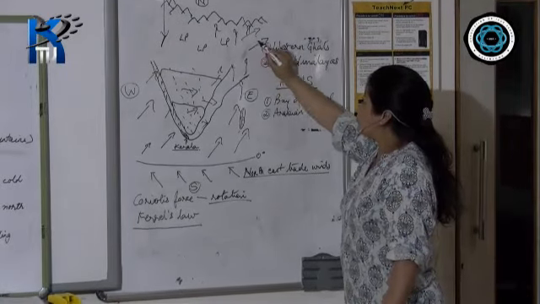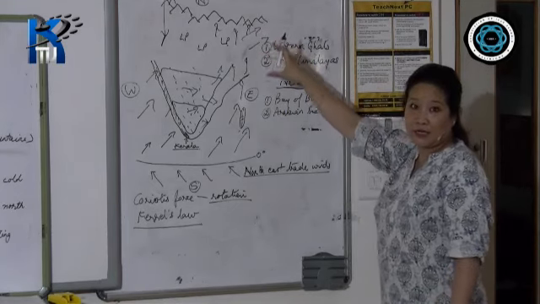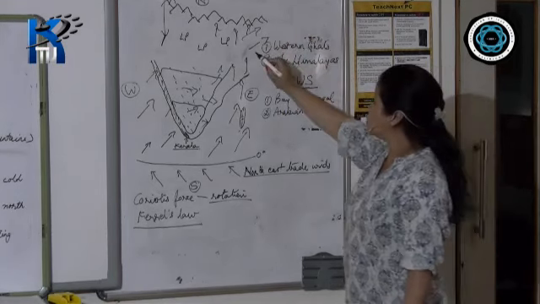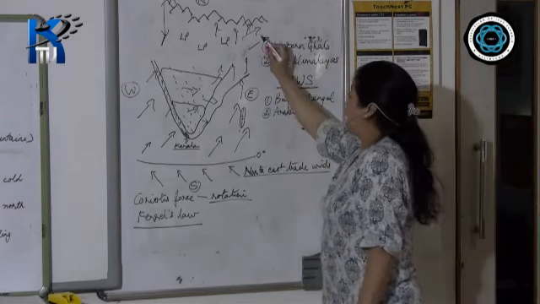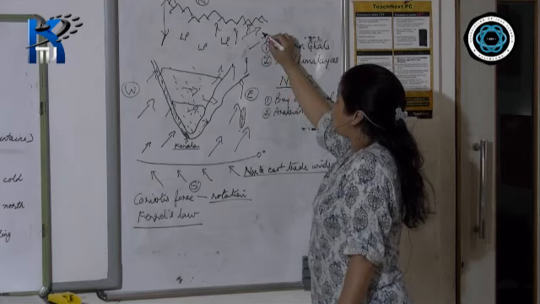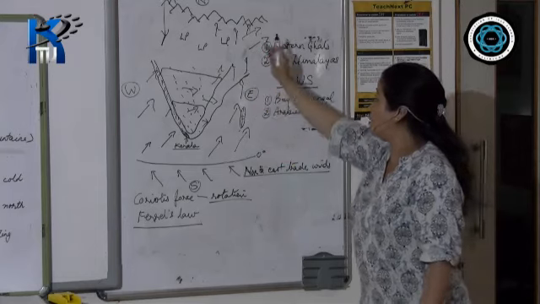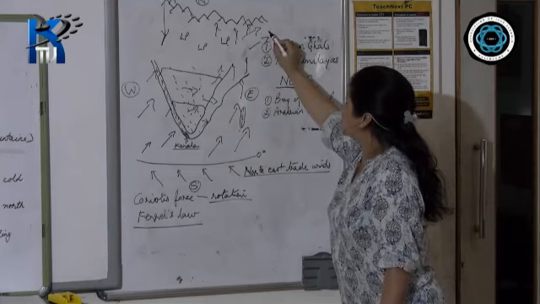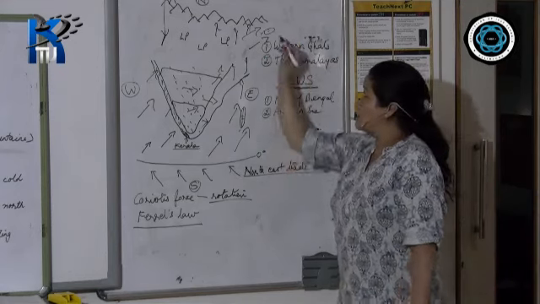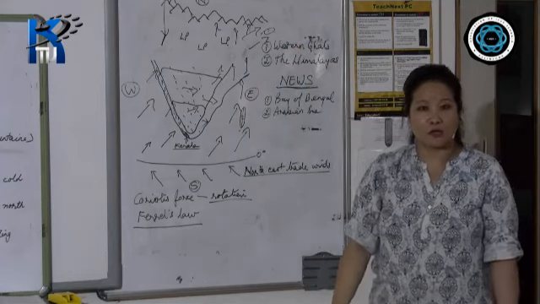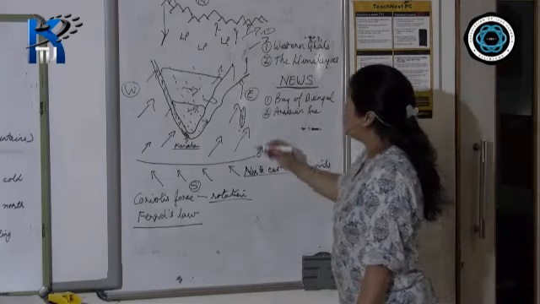As it moves up along the eastern side, there are a lot of hills over here, the Garo hills, the Khasi, Jaintia, the Naga hills and all. As it moves up the Brahmaputra valley, Cherrapunji happens to be the first place to get the full force without any moisture that is shed. Straight away, Cherrapunji gets the full force of the monsoon. So this is the place that records the highest rainfall in the world, also known as the wettest place on the earth.